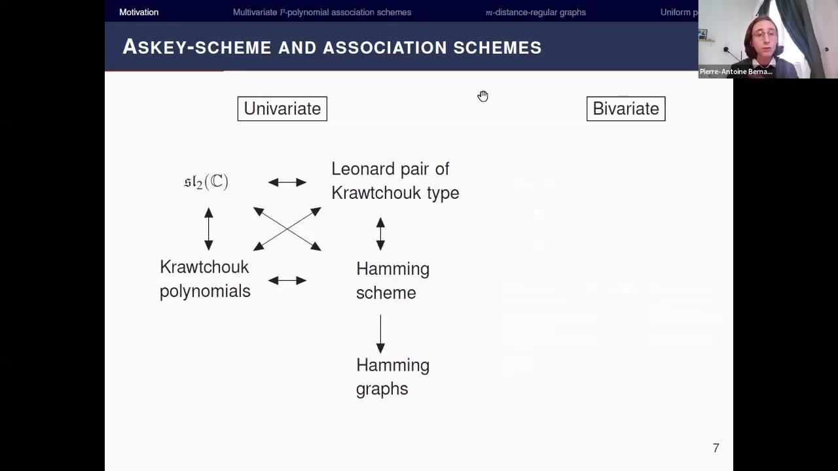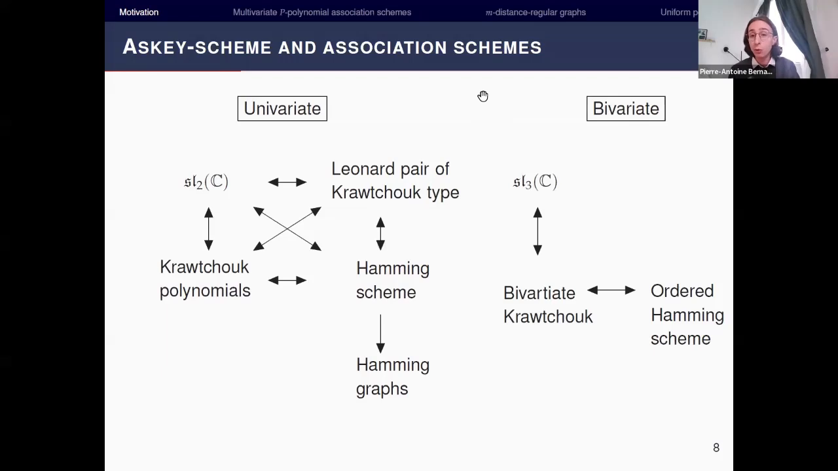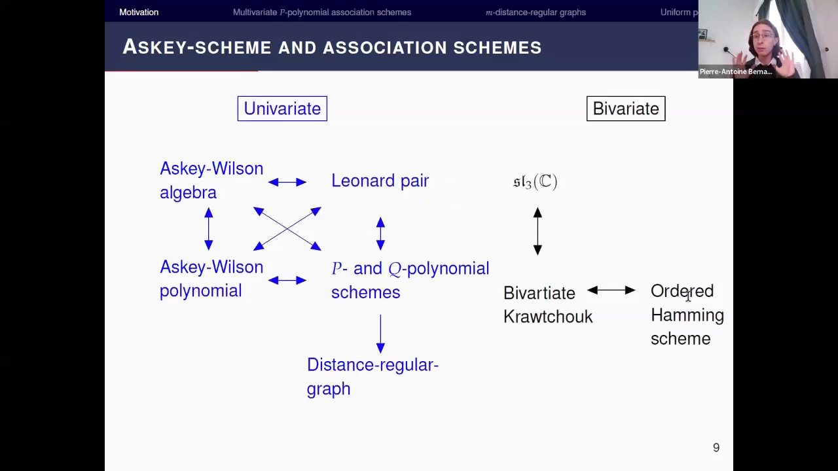It could be possible that some of this structure would be very hard or impossible to generalize for the bivariate Krawtchouk polynomial, but actually we already know that some of this structure translates to the bivariate case. Instead of being related to SL2, now it's related to SL3. And there's also a well-known association scheme known as the ordered Hamming scheme, which is now related to this bivariate Krawtchouk polynomial. So some of the structure that we know in the univariate case, we also already know for the bivariate case, but we're still very far away from having the complete picture that we have for the univariate case,